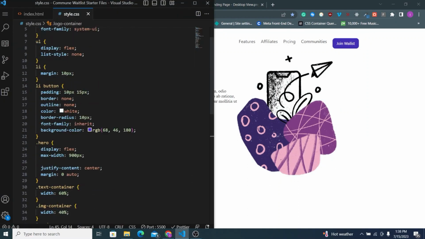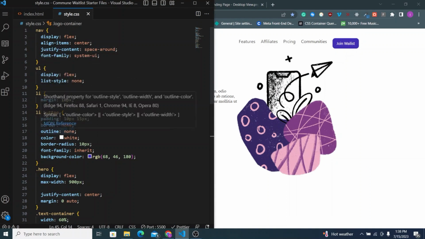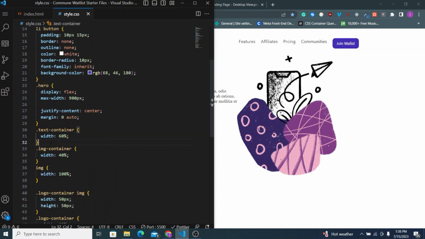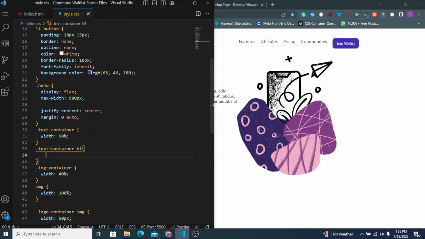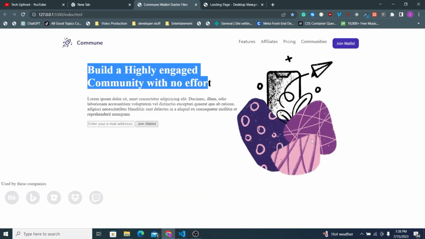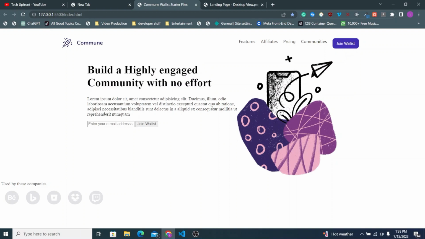So let's adjust the text. So the H1, the text container H1, what do we want to do here? So what we want to do is I want to give it a font size of 40 pixels. And we want to put the correct font so that we get the design right. And